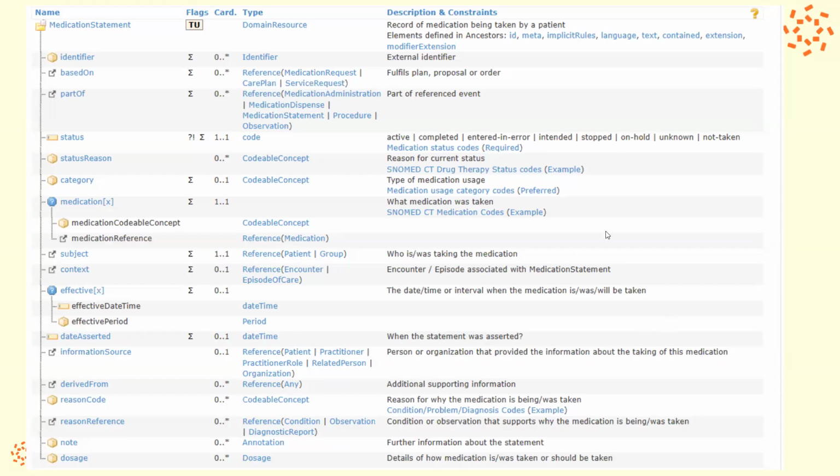So just from a full resource perspective, this is the data model for the medication statement. So you can see it's got a pretty substantial set of things. Probably the highlights are things like status, which is required, which gives you those active, stopped, intended, not taken states that the statement may be in. There's some interpretation there in systems, and you have to think about what you want to state. Key content like the medication itself,